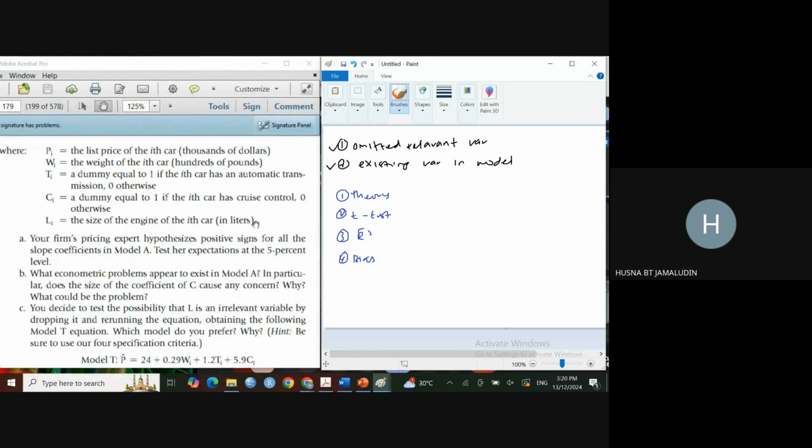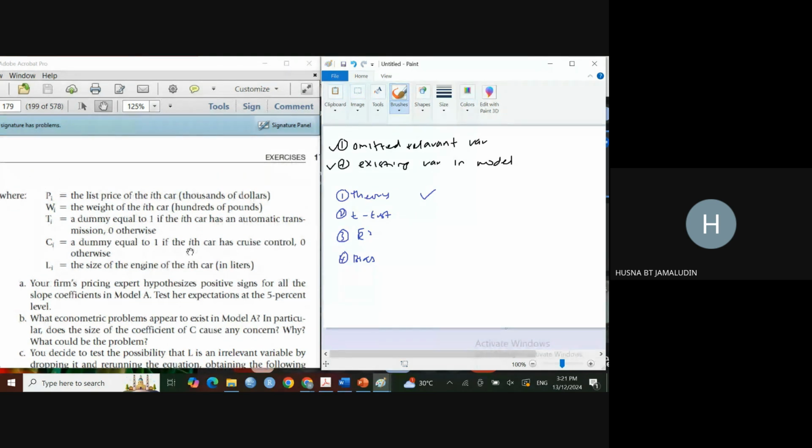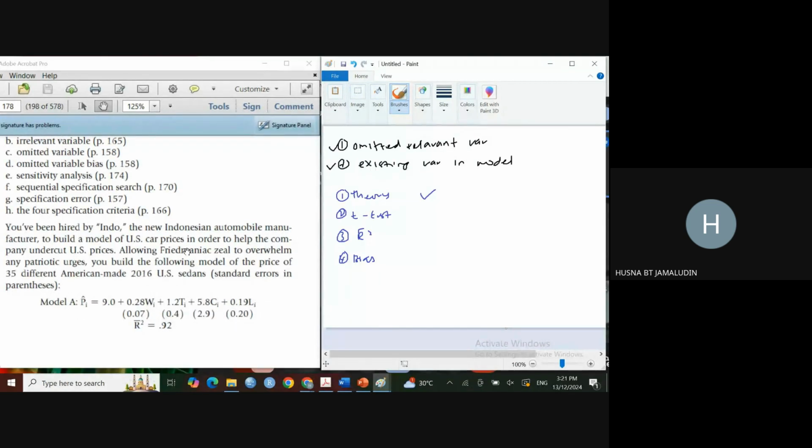Okay, theory said that, well, the size of the engine is in fact a relevant variable to affect the change in price. Okay, theory said that it should maintain. I mean, the size of the engine should be in the equation. How about t-test? For the L, what is the t-test? Is the t-test significant? L. So,